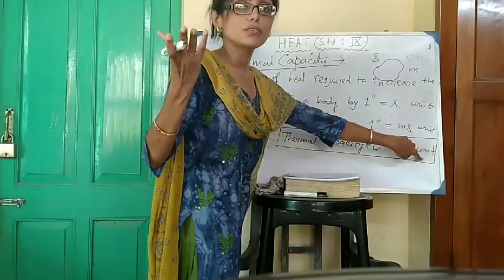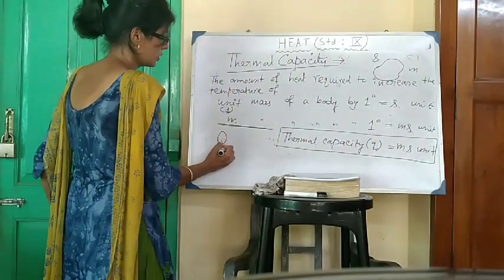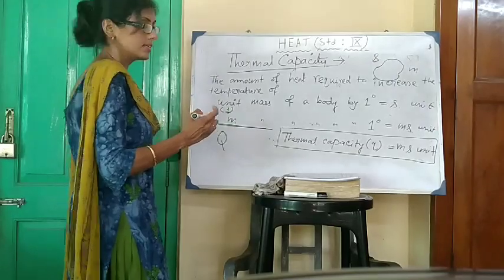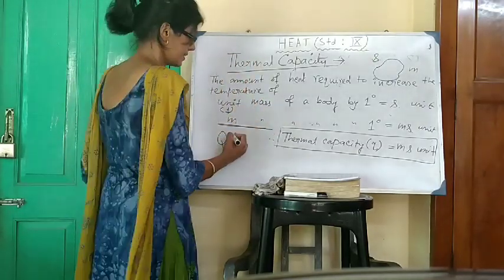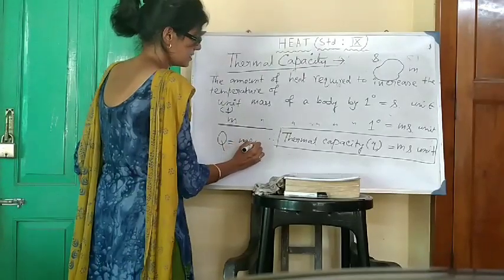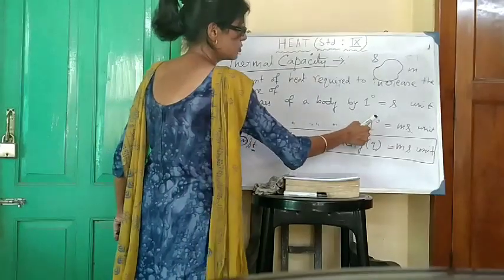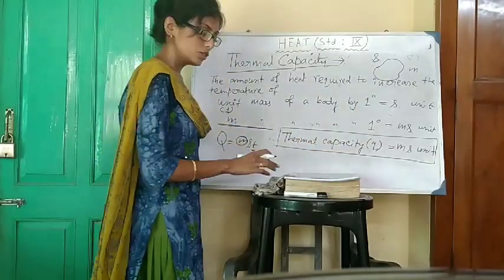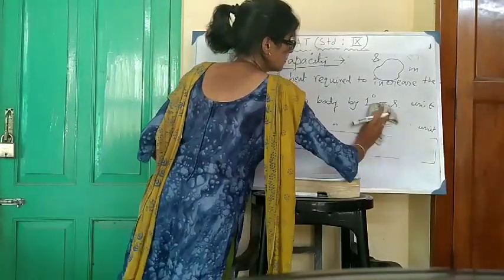Okay, in the calculation of specific heat, we got that the total amount of heat required to increase the temperature of m mass of the body by T degree centigrade was mst, but here the mass is arbitrary and the increase in temperature is 1 degree. Understood? So now let us calculate the unit of thermal capacity.